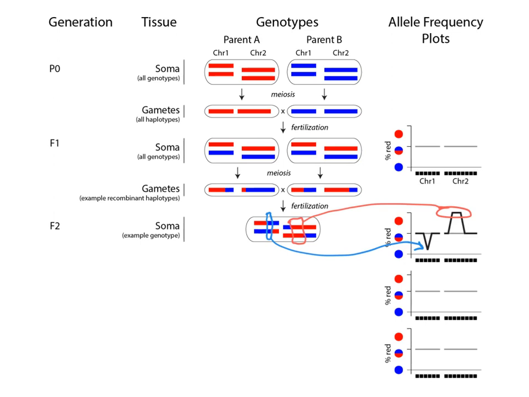if we only had one individual to look at, this could look like there is segregation distortion with an n of 1, just one example individual. But it would look like this individual has a blue genotype in the middle of chromosome 1 and a red genotype in the middle of chromosome 2. So what that could suggest in an extreme example is that all of the individuals that happen to get red homozygous genotypes at that spot on chromosome 1, and all of the individuals that had blue genotypes in that region of chromosome 2